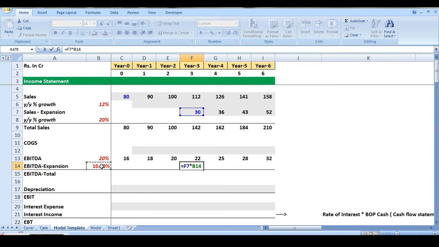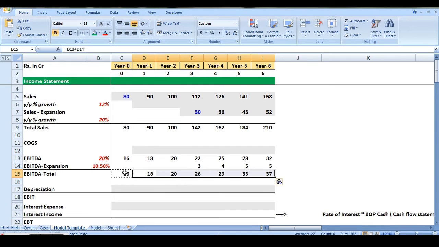Again freeze it, press enter and drag the formula for rest of the years. This gives you the entire EBITDA for the organization, and you can calculate it as the sum of normal EBITDA plus the expansion EBITDA and drag this formula for rest of the EBITDA.